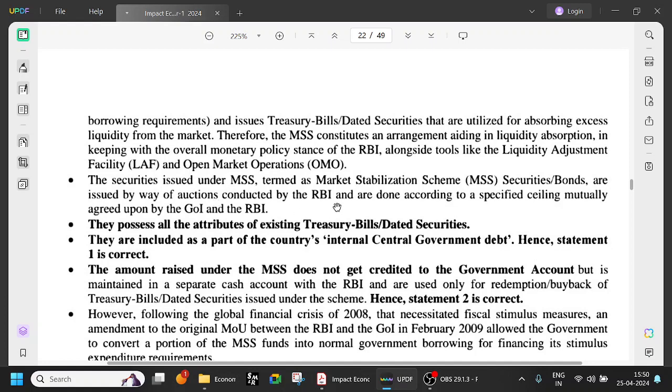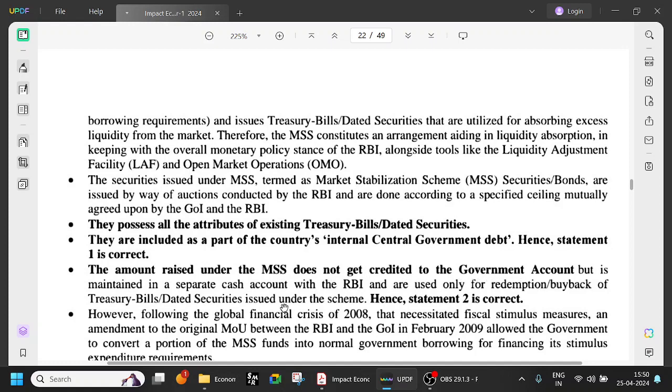They are issued by RBI and are done according to a specified ceiling mutually agreed by the government of India and RBI. So they possess all the attributes of existing treasury bills and dated securities. They are included as a part of the country's internal central government debt also, because it is part of the central government's debt. Okay, the amount raised under the MSS scheme does not get credited to the government account,